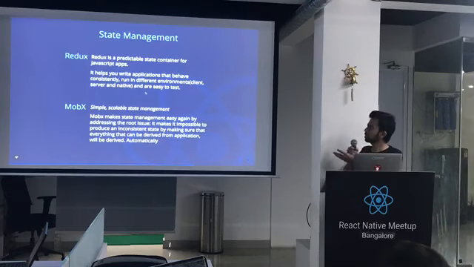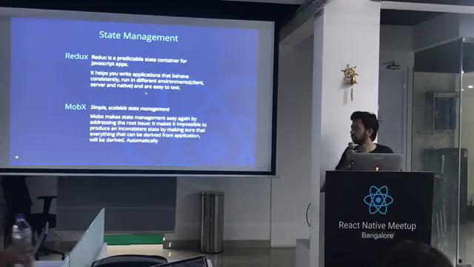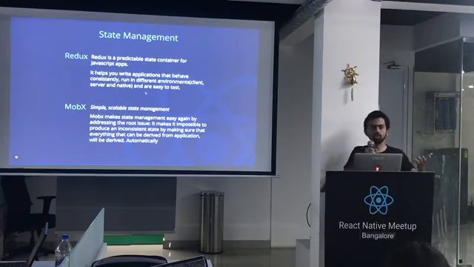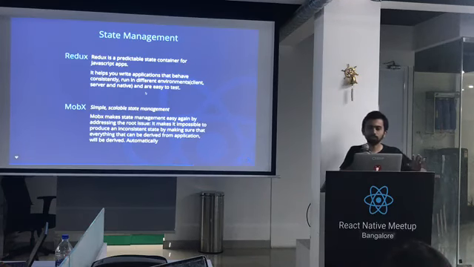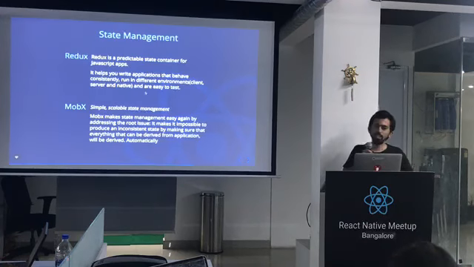And we have MobX, which has a different kind of approach, and it works on reactions. Whatever changes you make to your state trigger some reactions. I'll just provide an overview here because most of the people are beginners here, and according to me, if you are getting started with React Native or React, you should first start with local state, and then jump into any of these.